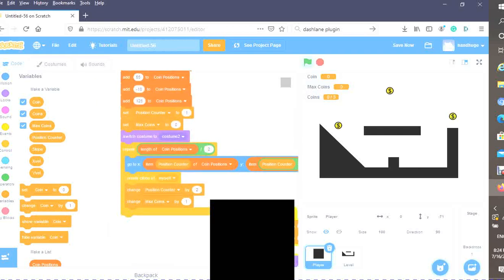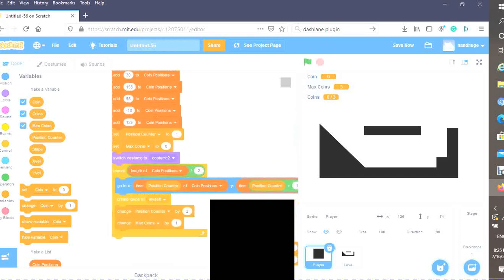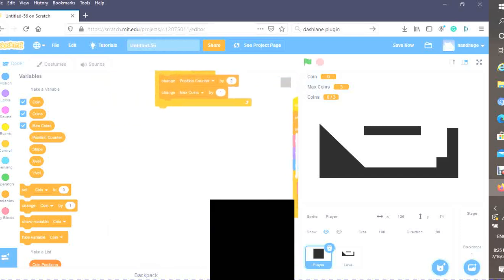Now as you can see, we have 3 coins and it's 0 out of 3. So our max coins is working properly. However, we cannot detect when we're touching a coin, so our coin variable never, oh, what was that? Okay, don't know what that was, but anyways,